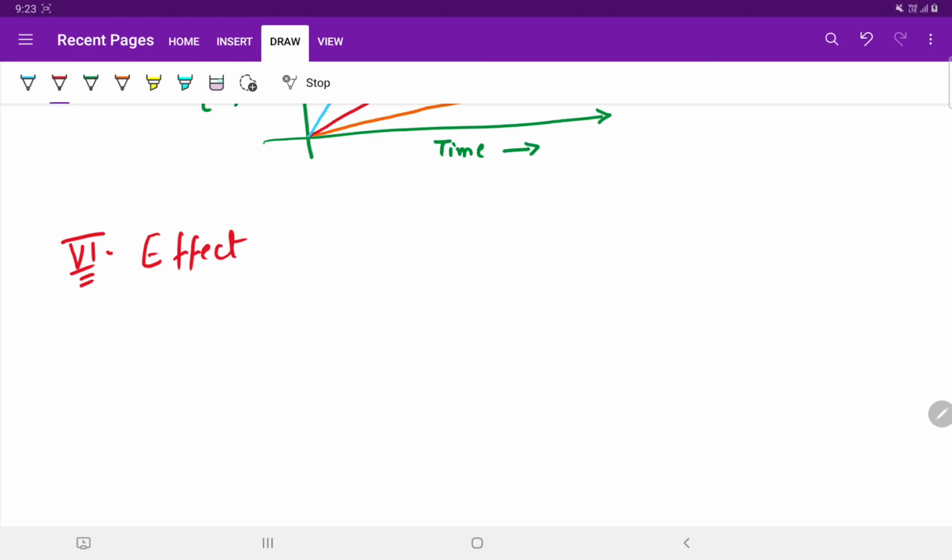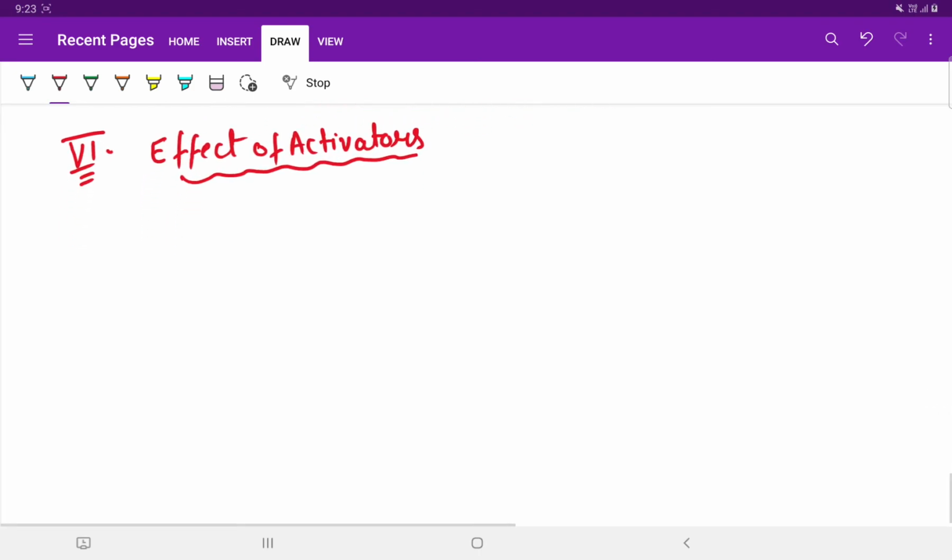Now, this is the effect of activators or inhibitors, we can say. So, how do the various activators affect the enzyme activity? Some of the enzymes require certain inorganic metallic cations, or cofactors. Certain cofactors are required for the proper functioning of enzymes, and these can be the metallic cations